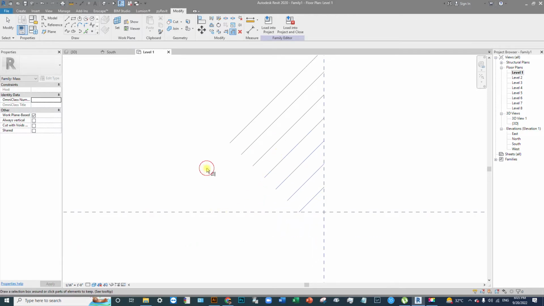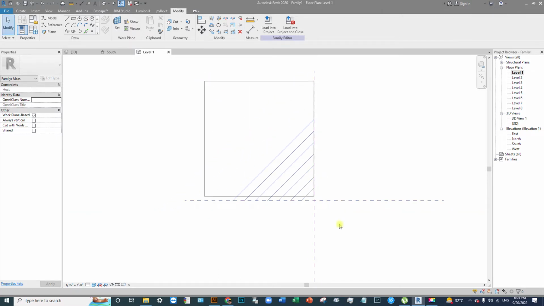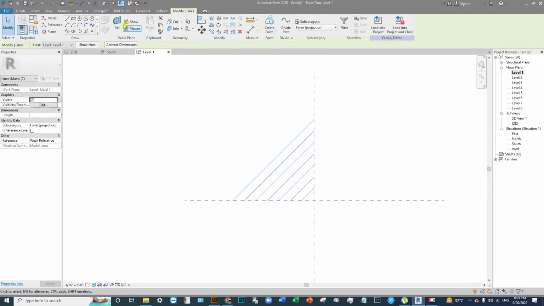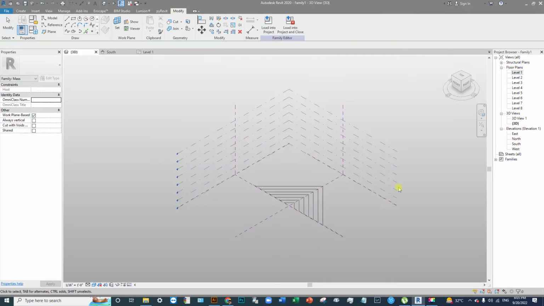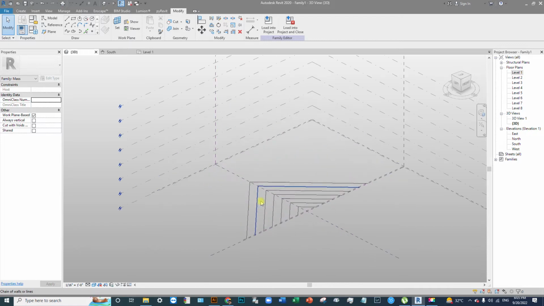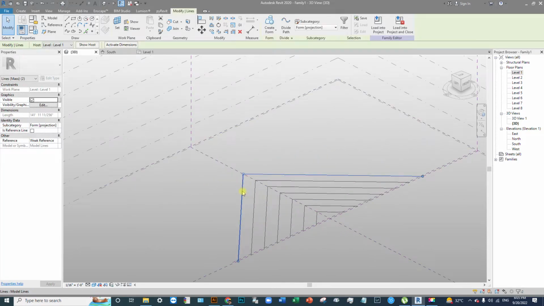Okay. Now select first, then second. Select this horizontal reference plane and select this line. Also select this line. Now select all these 7 lines and mirror them. Now go to 3D view. First, select the 7th number line and create